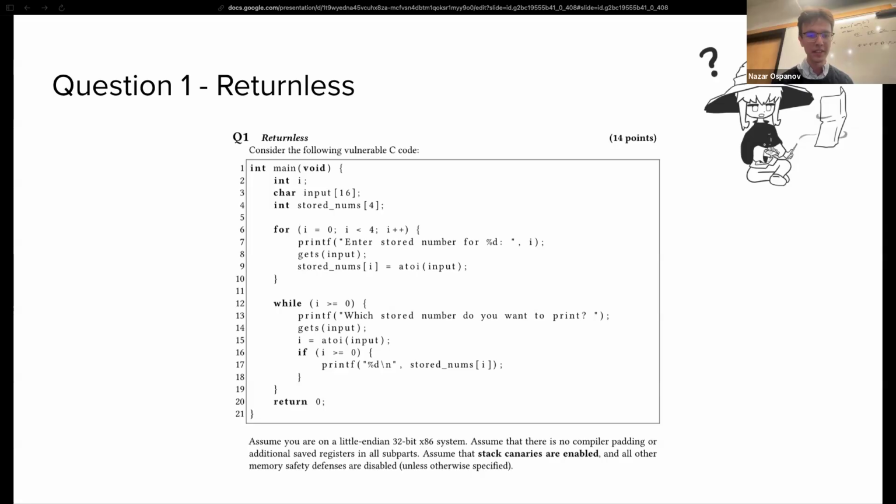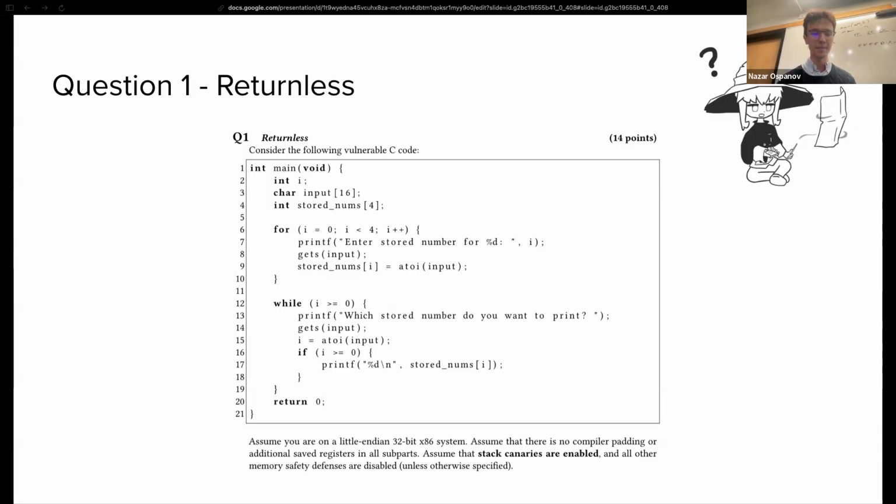We do a printf statement, enter a stored number for 0, 1, 2, 3, 4 respectively, and then we do a gets call on the input. And then we store the atoi, a function that converts from string to an integer in C, into the stored numbers array